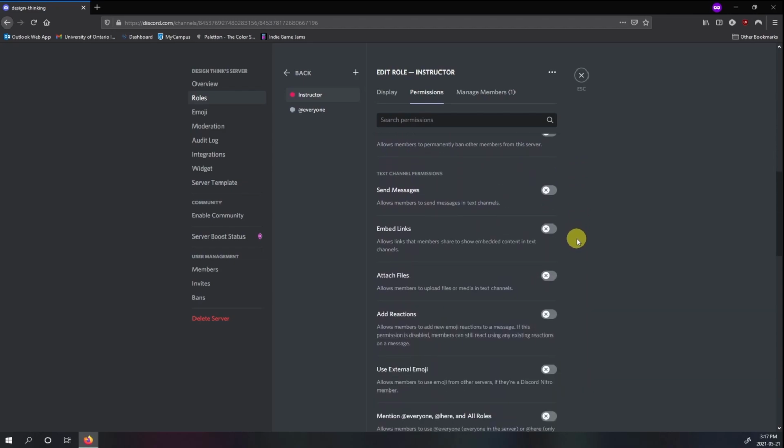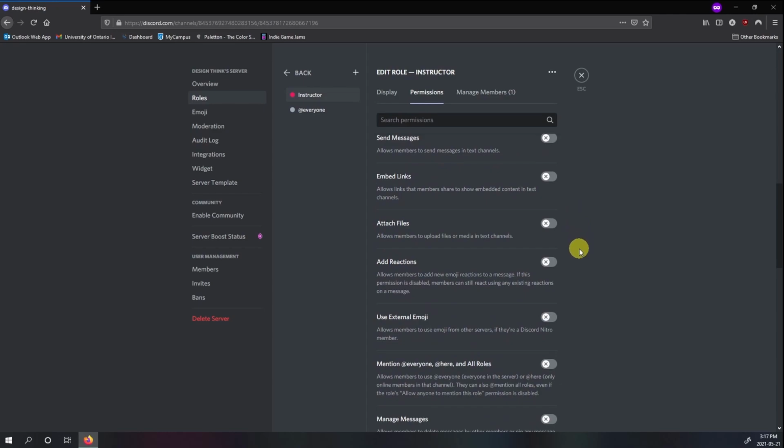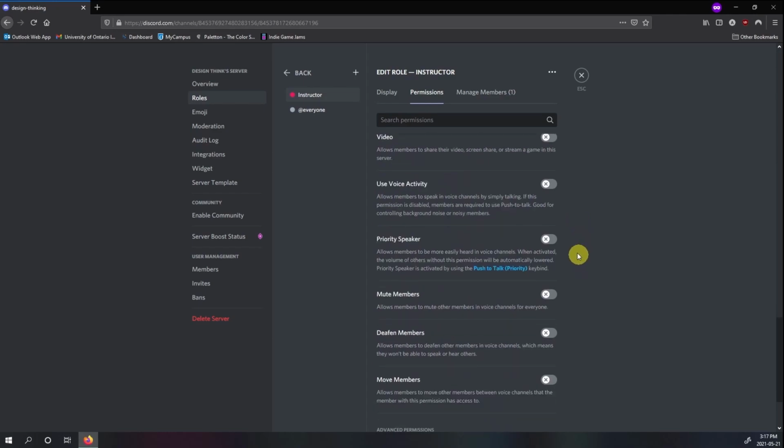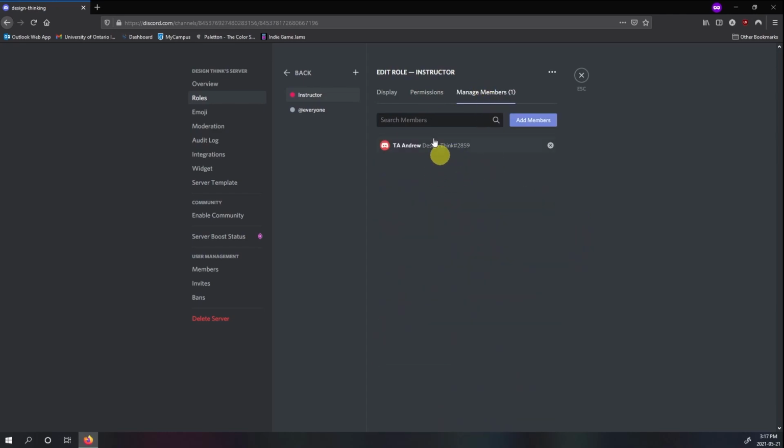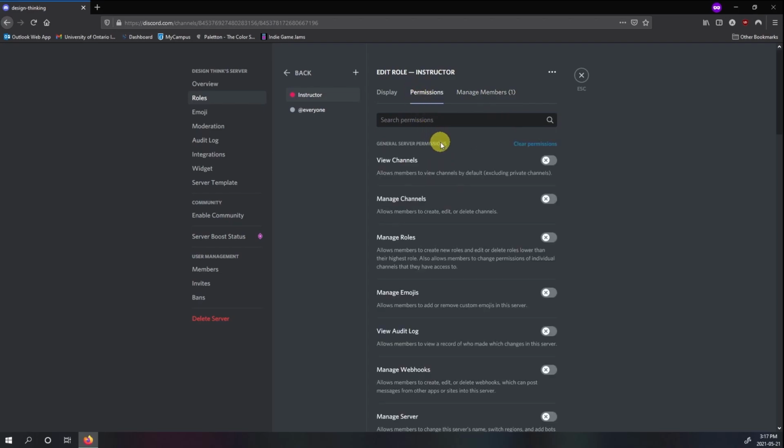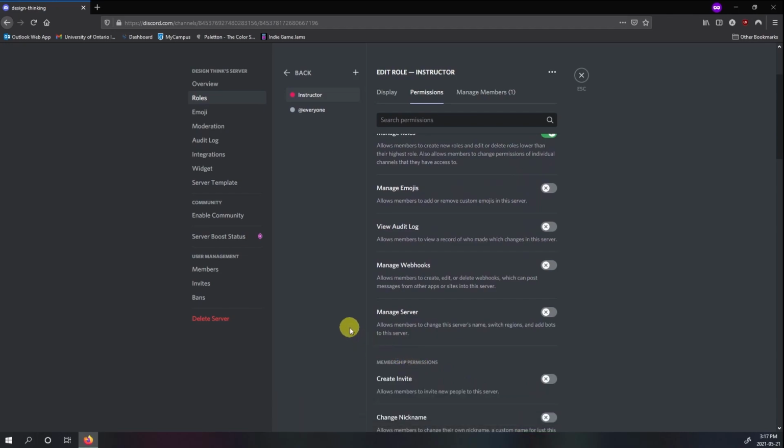Each of the settings you see can be adjusted per role, but also per channel, and we'll take a look at that in a bit. We can also manage members from here, removing or adding people as we see fit. As a moderator, the basic permissions you'll want them to have are the ability to view channels, manage channels, as well as manage other roles. We'll save our changes,